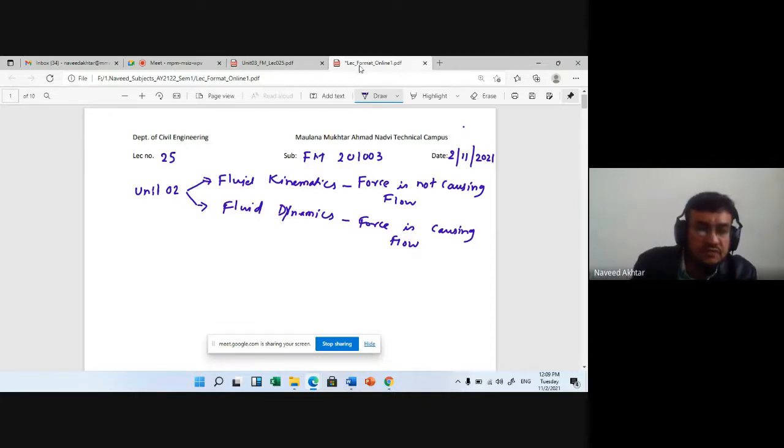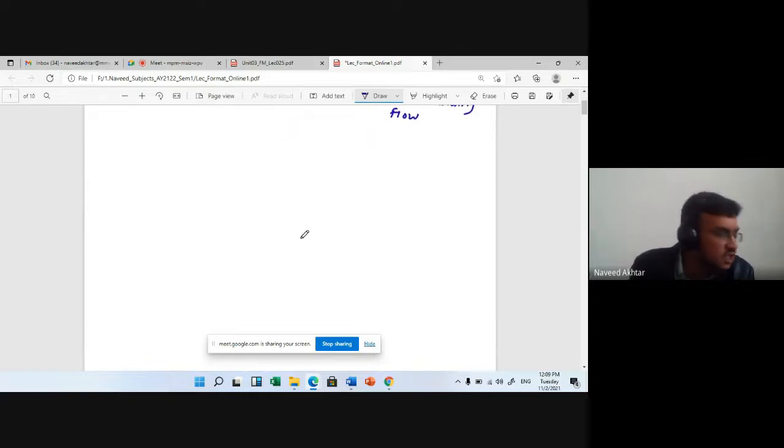Also, in kinematics of flow we have seen the Eulerian and Lagrangian approach, velocity and acceleration and their components in Cartesian coordinate system. We have also seen the classification of flow, that is the streamline, path line, streak line, control volume, etc. Also the equation of continuity for 3D flow in Cartesian coordinate system, components of rotation, velocity potential, stream function, flow net. One example on the stream function and flow net we have also completed in unit number 2.